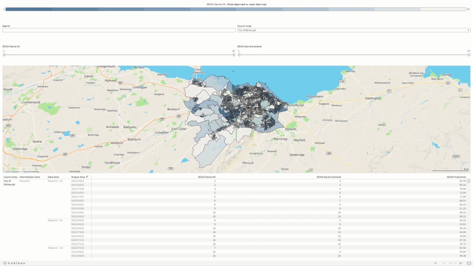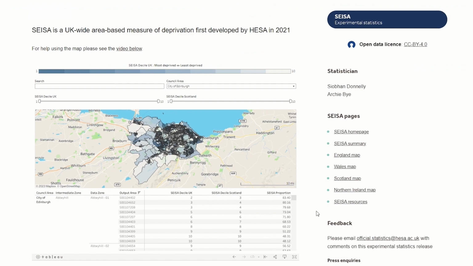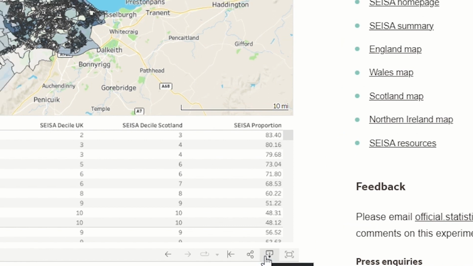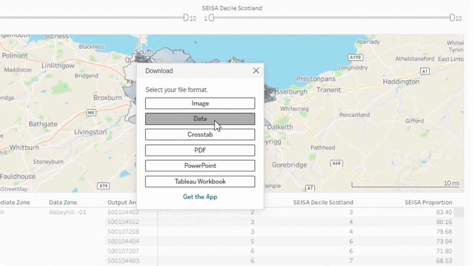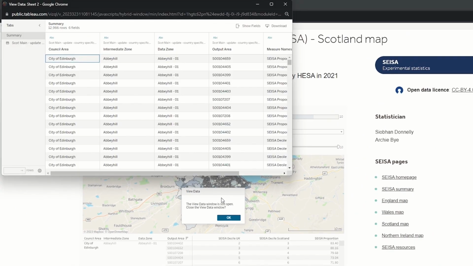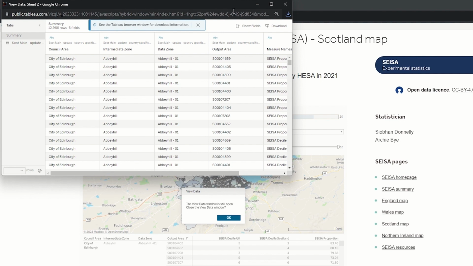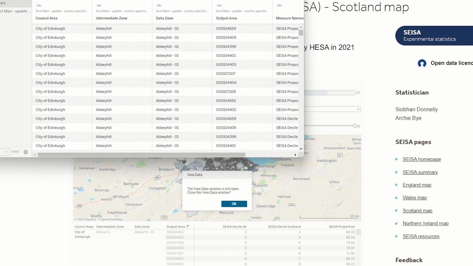If you wish to download this as a CSV file, you can do this using Tableau. In order to download the data from the map, you must first exit full screen mode. Then click on the icon that is second from the right at the bottom of the screen, a rectangle with a downwards arrow. Then click Data. This will open a pop-up screen that will allow you to view and download the data and to enable you to undertake any onward analysis using the CSV it provides. Note that if you restrict the map using the table, map, search bar, or filters, it will restrict the data download accordingly.